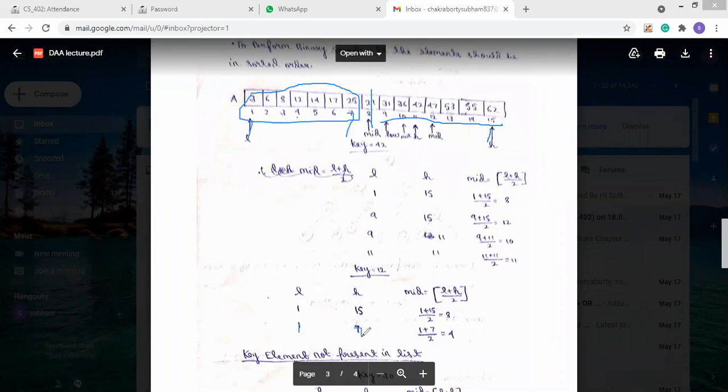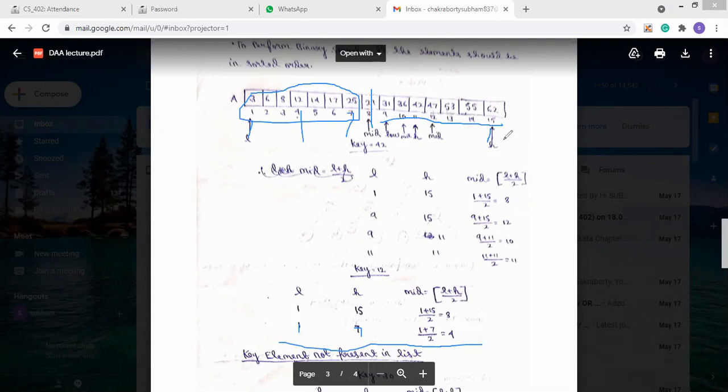Now what will be the mid? 1 plus 7 by 2, that means 4. So this is the mid. Now in position 4, what is the value? 12. So the value we are searching for is already placed on the mid. So after this iteration, we will stop. That's how the binary search works.